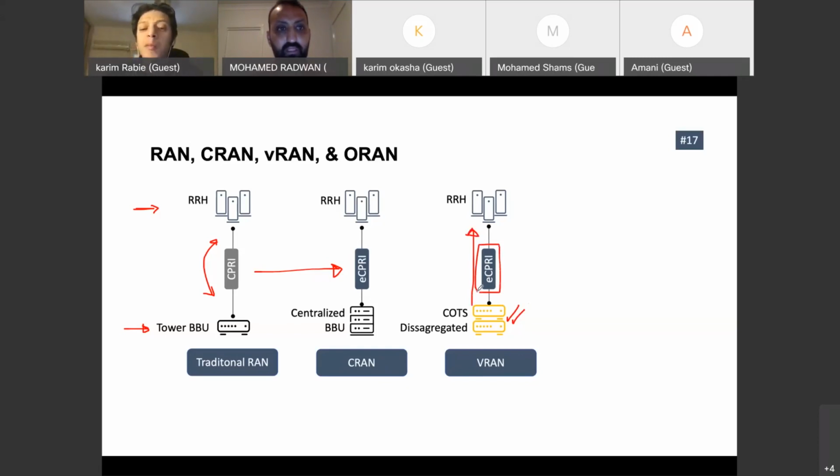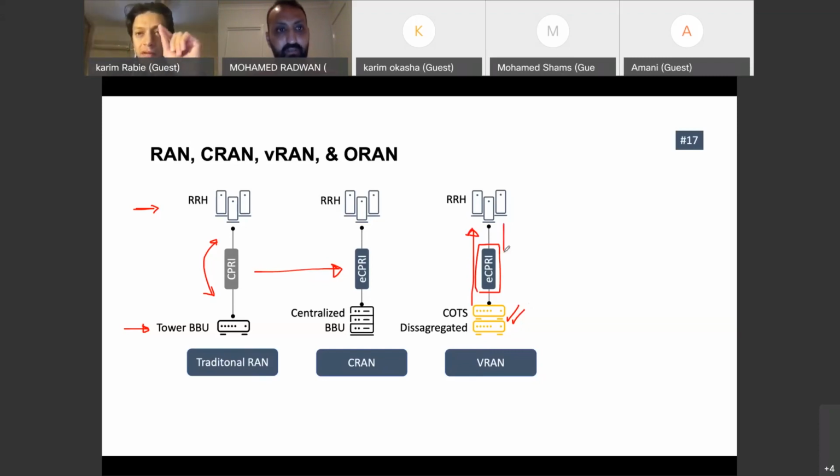So it's common to hear the vRAN vendor come and ask you: do you commit that the RRH vendor will open the eCPRI, that he will share the eCPRI? They always need some sort of agreement with the RRH vendor on what version they will be using and what the parameters are.